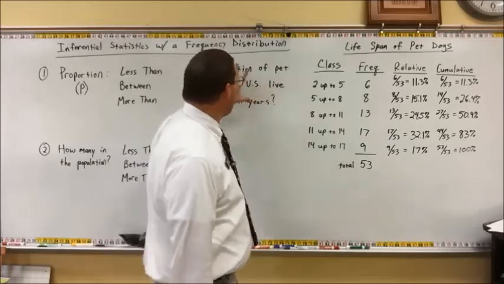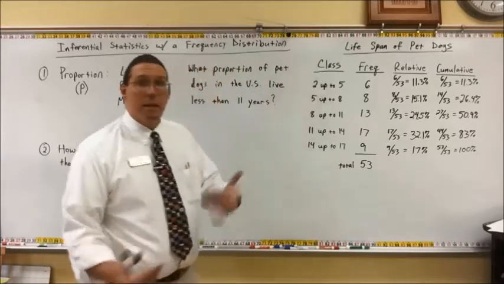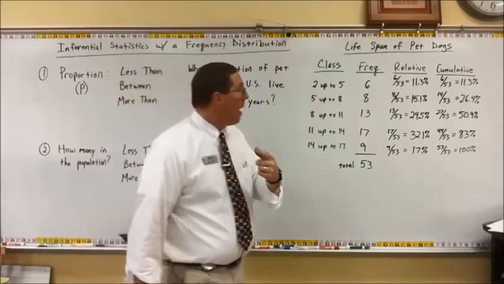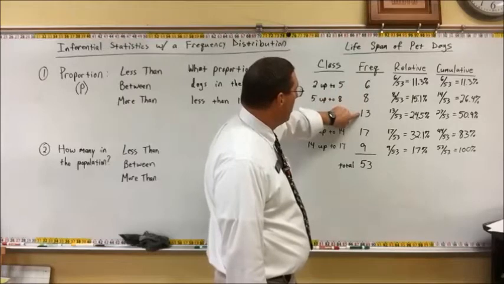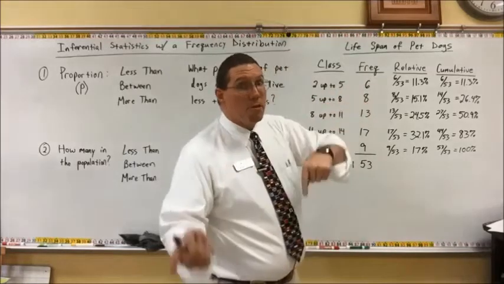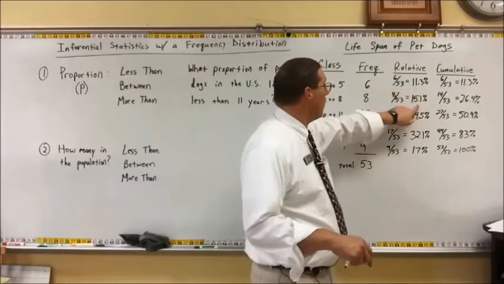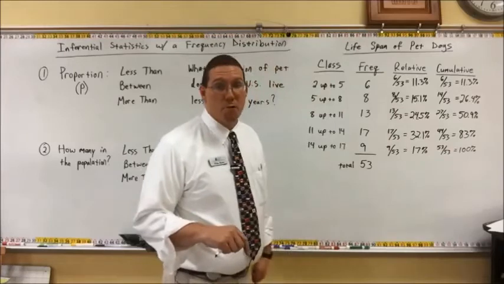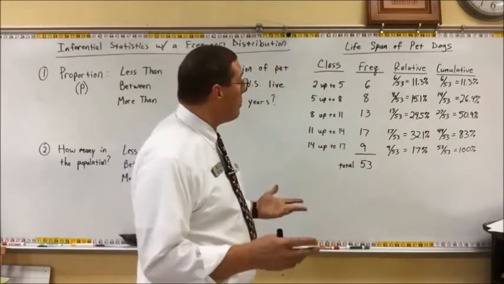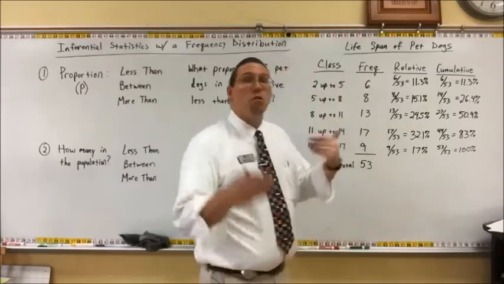So really, all we have to do to answer this question is combine these 3 classes into one answer. And that's going to be 6 plus 8 plus 13. Or we can add up the percentages. We can add up 11.3% plus 15.1% plus 24.5%. And if we did that, what we would come up with is 6 plus 8 plus 13, that's